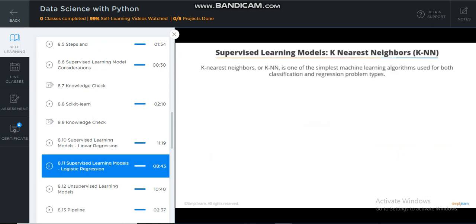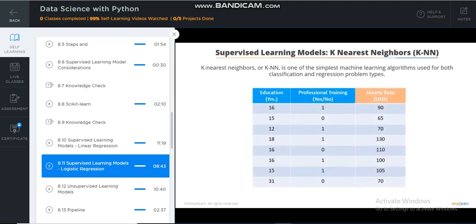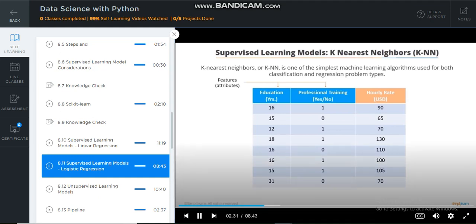K-nearest neighbors, or KNN, is one of the simplest machine learning algorithms used for both classification and regression problem types. This algorithm uses the entire training dataset to create its model. It looks at the inputs or features of the training dataset to identify the